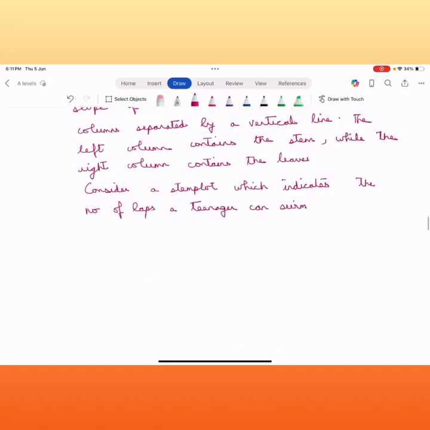So if you have this, you have 0, 2, 5, 7. I'm just giving you an example here. This is an example of a stem plot. You can see you have a leftmost stem,